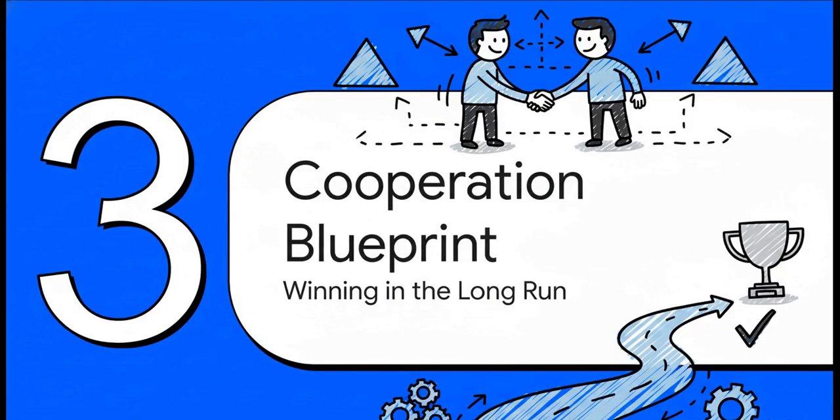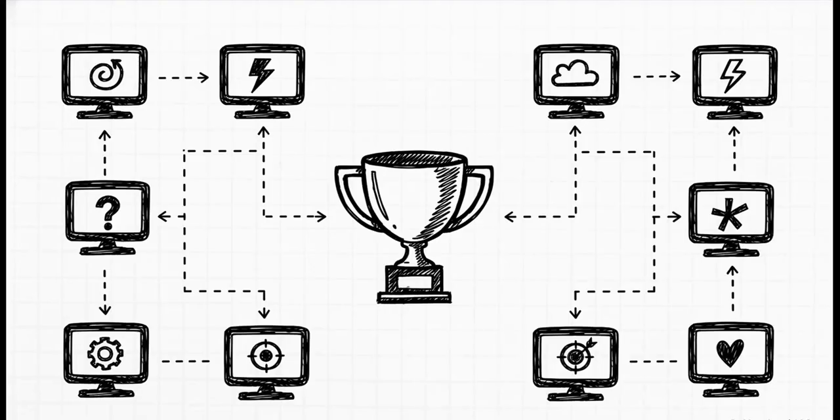Okay, so if cooperation is the way to go in the long run, how do you actually get there? What's the best way to play the game to make sure you come out on top over time? Well, back in 1980, a political scientist named Robert Axelrod had that exact same question. So he did something really cool. He set up a computer tournament. He invited experts from all over to submit strategies, basically little computer programs. They would play the prisoner's dilemma against each other again and again for 200 rounds. The goal was simple: which strategy would rack up the best score?